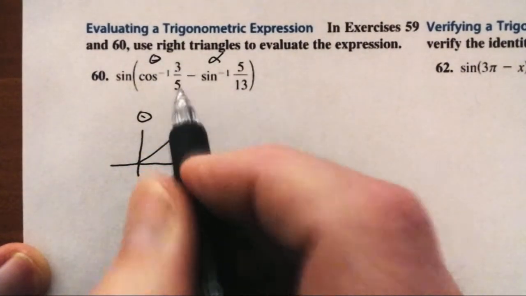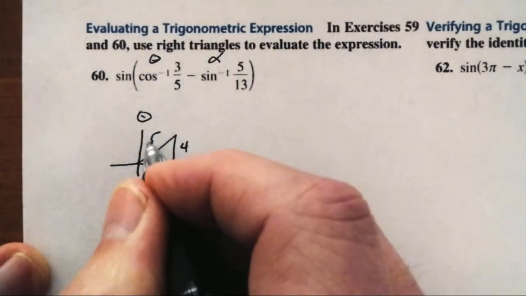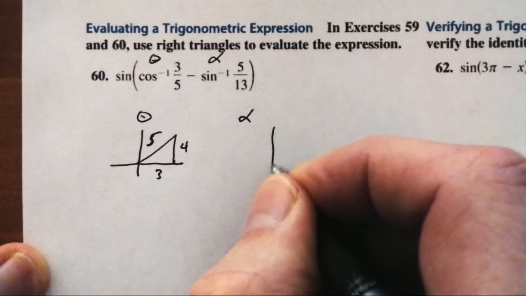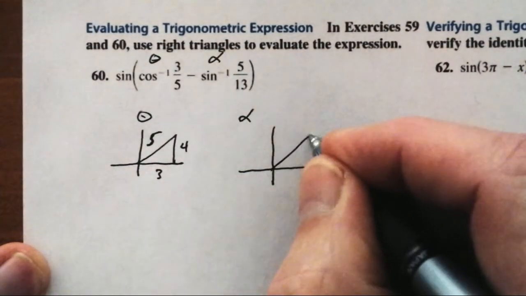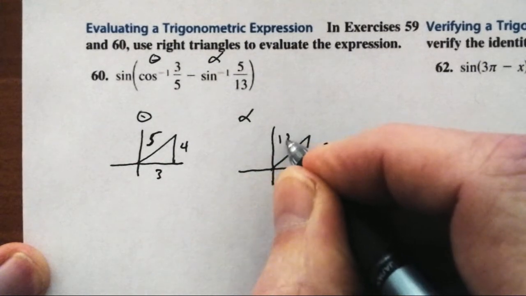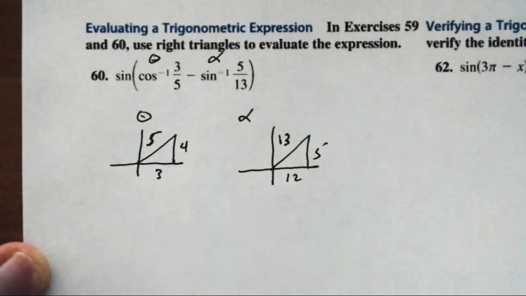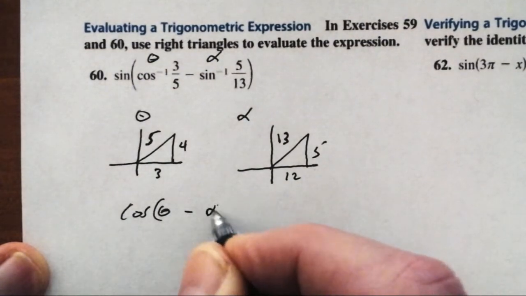It is x on r, 3 to 5, making this 4. Pythagorean triple, it's a family. Here's fish. I'm going to build it in the first quadrant. It's y on r, 5 to 13, making this 12, Pythagorean triple. So cosine of theta minus fish,